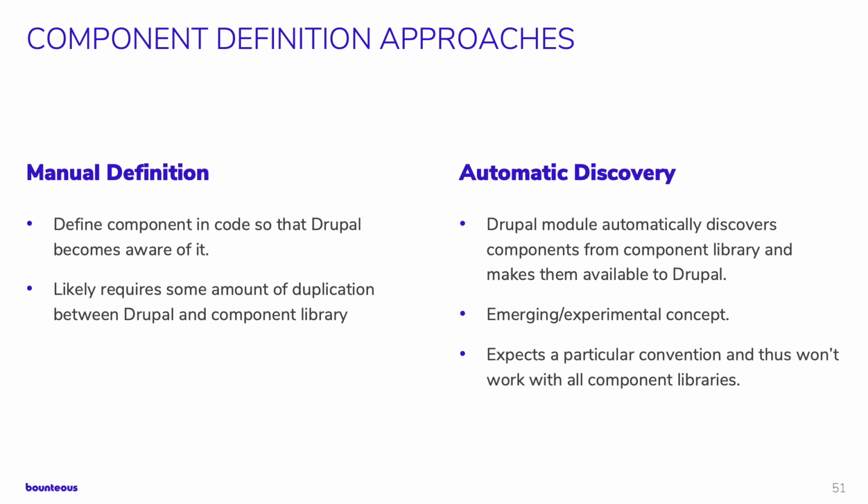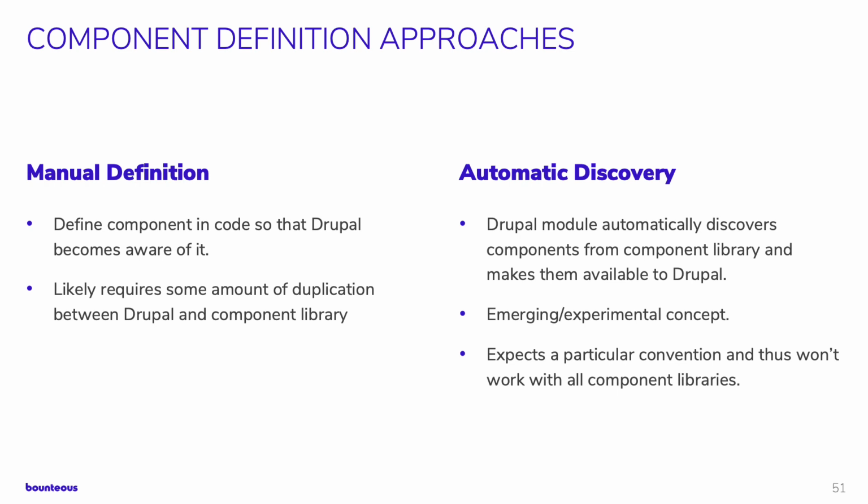So now let's look at the distinction as far as how the component is defined. In all the examples that we looked at so far, there was some level of manual definition of the component. So we had to define things in code so that Drupal could become aware of it. There's also the emerging concept of automatic discovery. In that case, a Drupal module is going to automatically discover the things from your component library and make